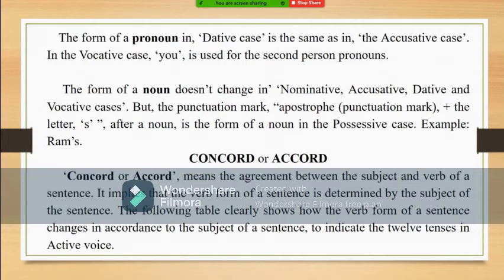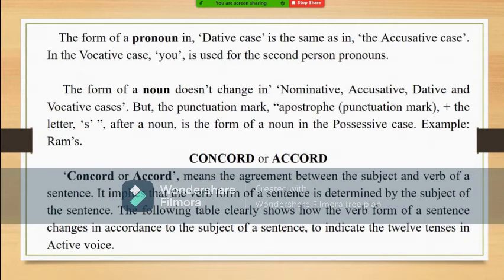Even in dative case, in indirect speech also. She gave me a book. There, me is indirect object. Instead of me, she gave Rama a book. There, she is subject, gave is verb, Rama is indirect object. A book is direct object. Rama, there also the same noun. It doesn't change. The noun will not change its form in nominative, accusative and dative case.